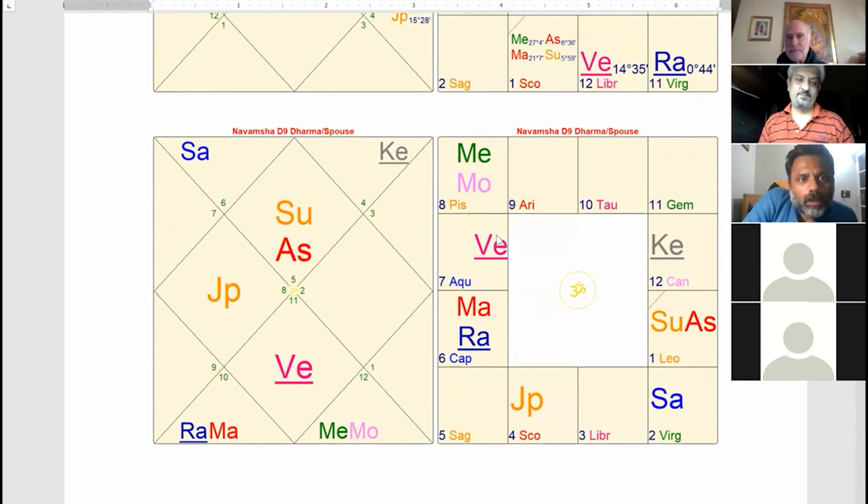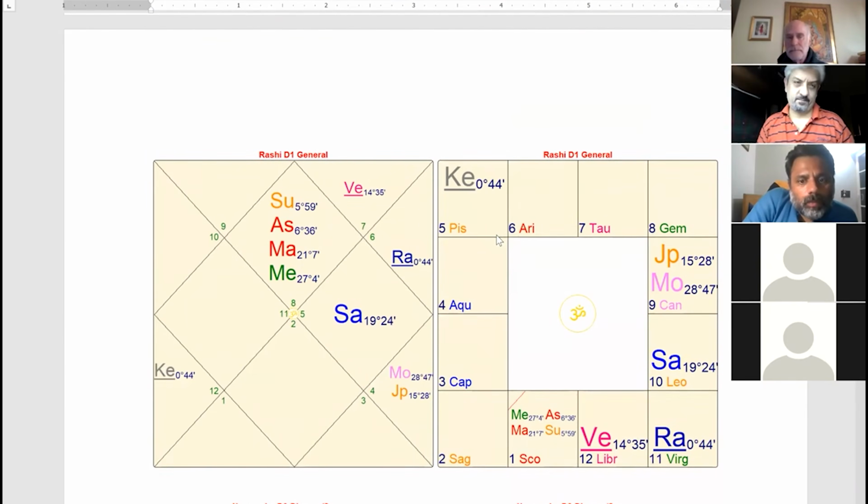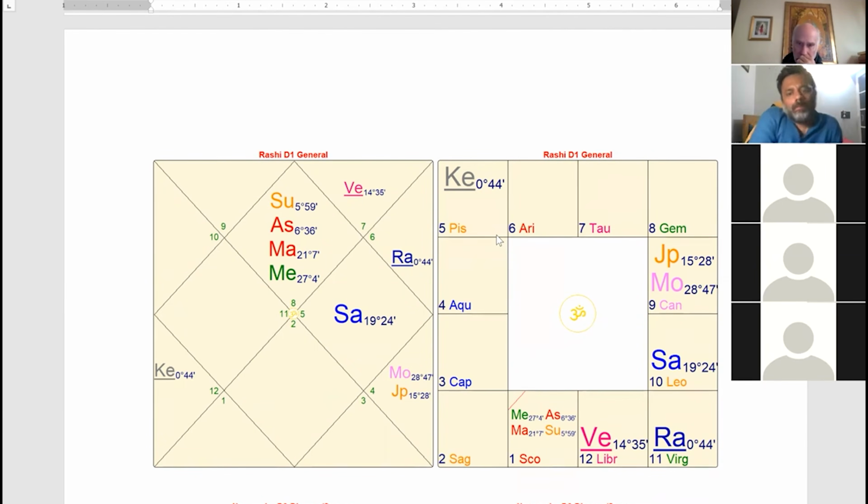Mark, just a quick comment on the chart before we move on. You said Ketu is in the 5th house, and one of the obvious things that would come is children, which kind of makes sense. And Jupiter, if the time of life permits that. Correct. But you also said something, and I think it's almost like a parallel theme, right? The 5th house, and Ketu there, could also be mantra diksha and those kind of things. So do you see those as happening?